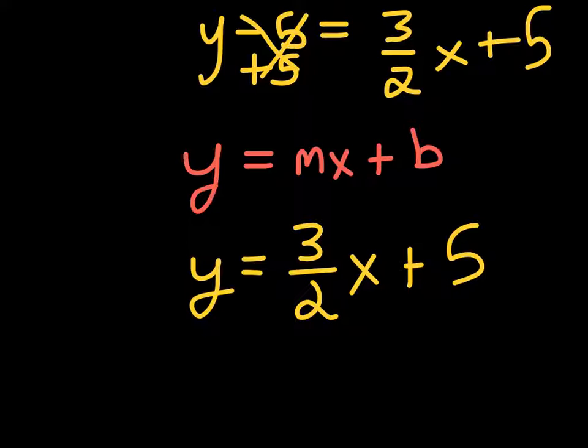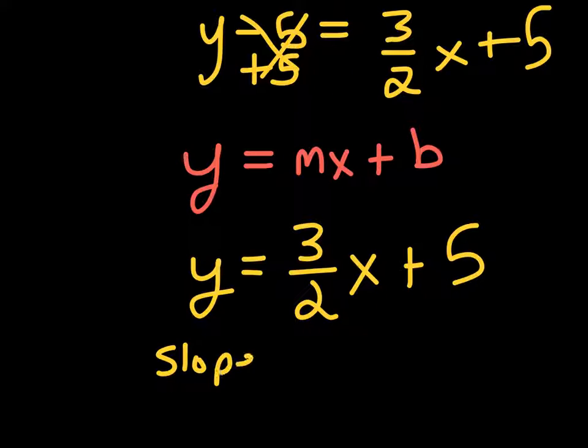Now these two look more familiar. Y equals mx plus b. So now I can identify the slope and the y-intercept a lot easier. The slope is whatever is in the m position, in this case 3 over 2. So the slope of this line is